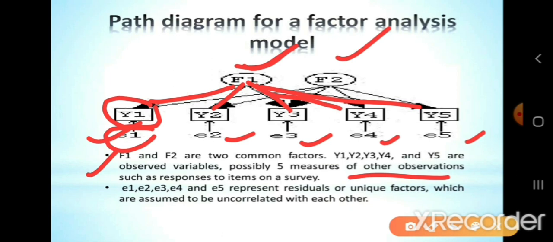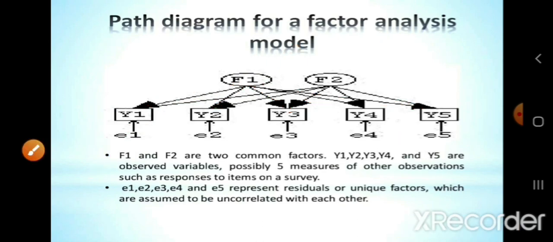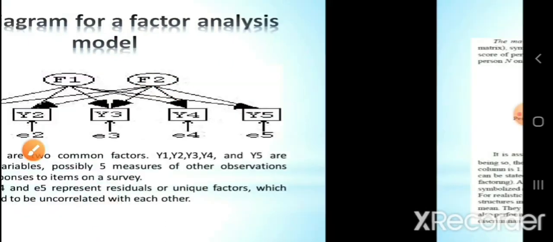Here we can see we have only five variables, so it is quite easy to find the meaningful factors from them. But in the case of hundreds or thousands of variables, the researcher is interested in only some important or meaningful factors. In that case the factor analysis technique is very useful. So this is how we can understand what we do in factor analysis.